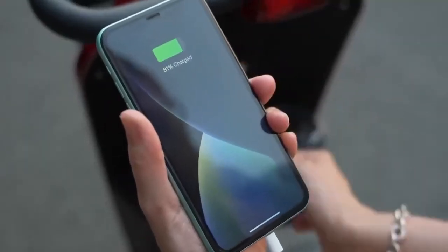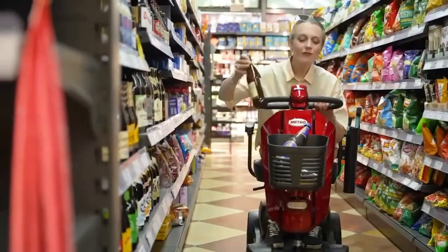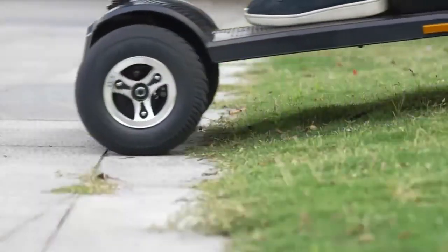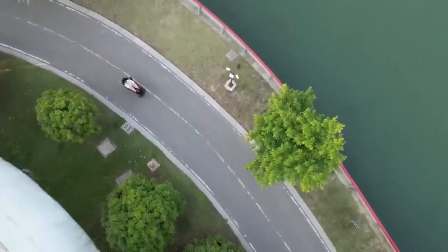Designed with comfort in mind, the scooter features a cushioned seat, a supportive backrest, adjustable armrests, and a swivel throttle for easy handling. For safety, the Metro Max Plus includes both a headlight and tail light, making it safe to use in low-light conditions. Priced at around $1,300,